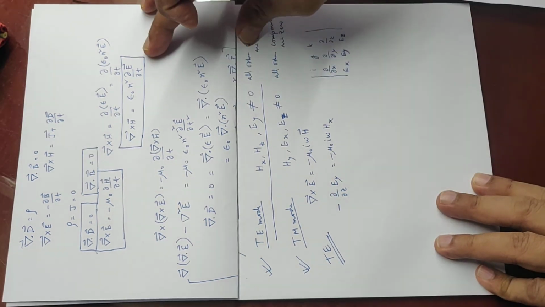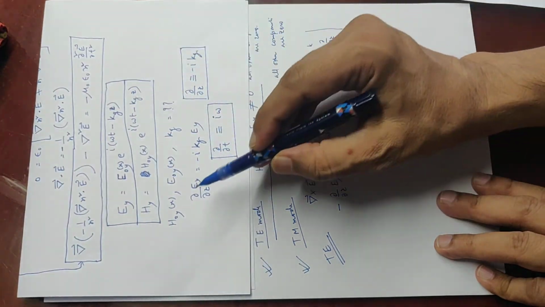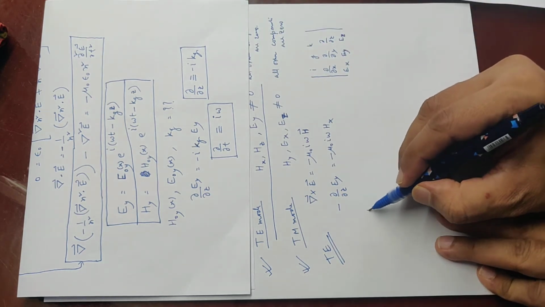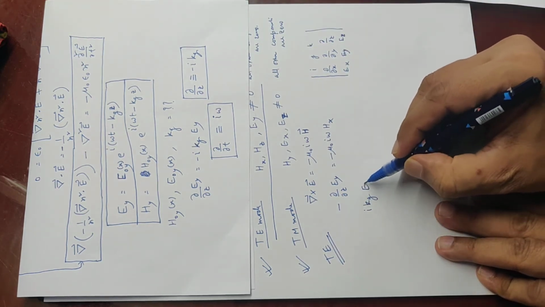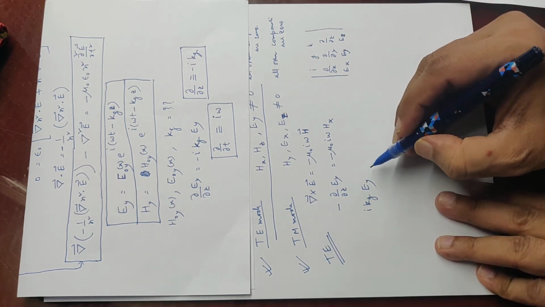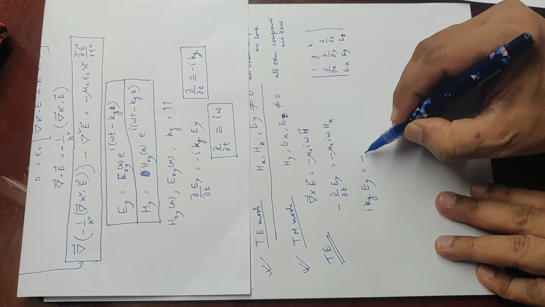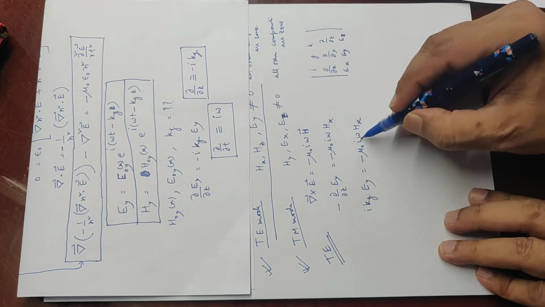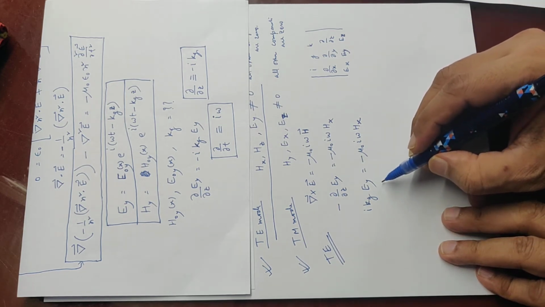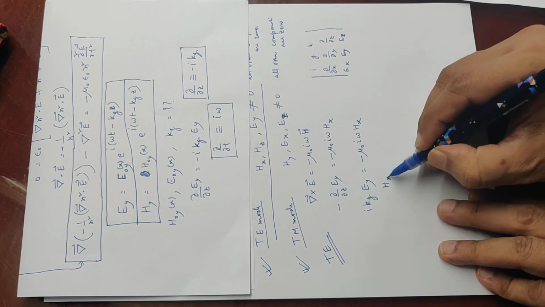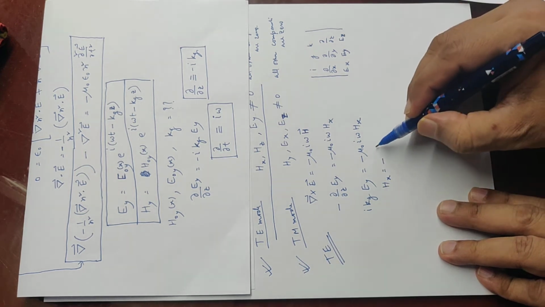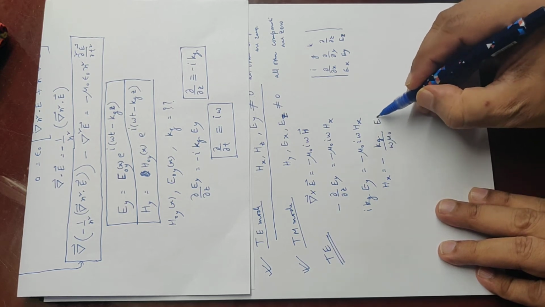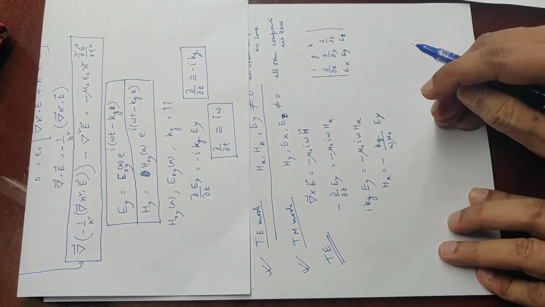So the x component here is this much and the x component on this side is this much. Again, we know that d by dz is replaceable by minus i k g. So minus minus plus, so i k g Ey is equal to minus mu naught i omega Hx. The i cancels, and so Hx is equal to minus k g by omega mu naught Ey. So this is our first equation.